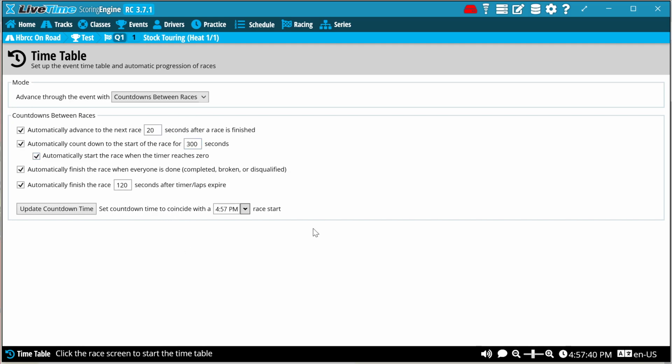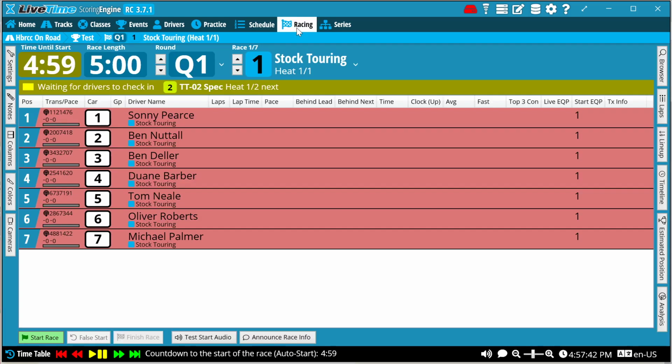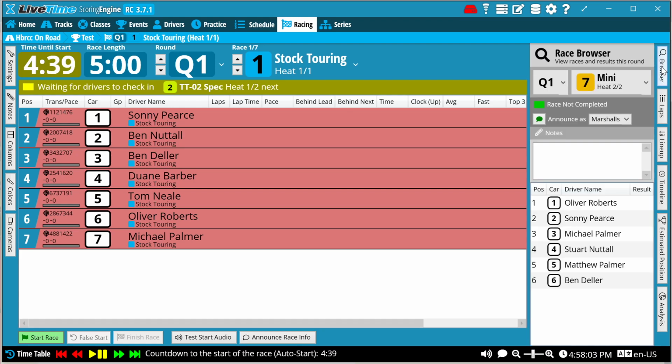So with all that in and done, as soon as you click on the racing, you can see that the time until start is now 4 minutes, and will count down to the start of the race, where it will sound the horn and will be off and racing. A couple of neat features at this point is that you can click into the browser, and because it's the first race of the day, the mini heat will be doing the marshals. So you go mini,